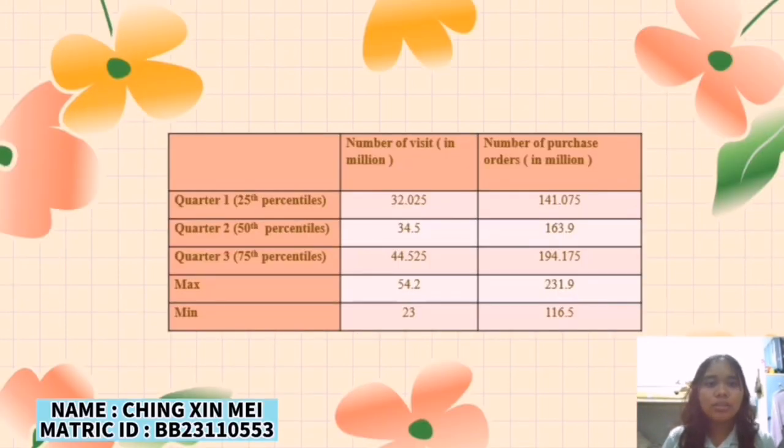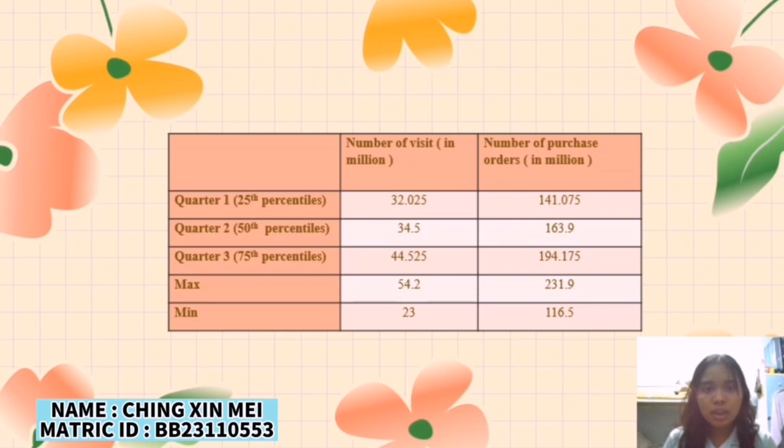The data contain the number of visits and purchases for the 30 e-commerce websites. From here, we can see that Q1, Q2, Q3 and the minimum and maximum values for the number of purchases are higher than those for the number of visits. In my opinion, this indicates that within the observed sample, the e-commerce websites are more efficient in converting a portion